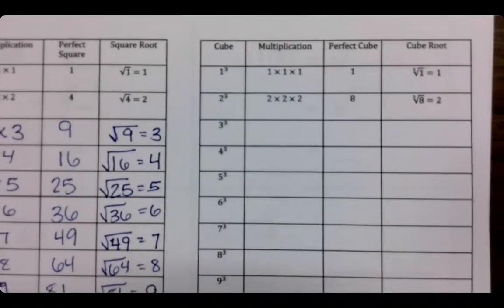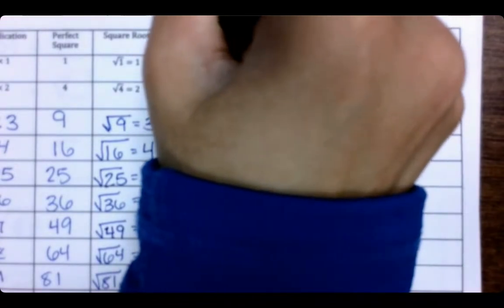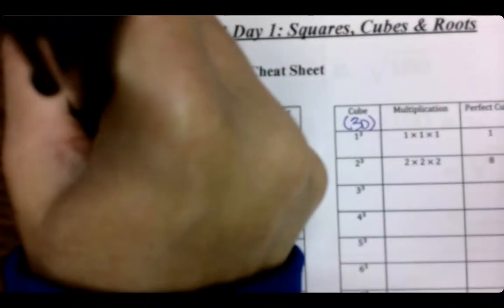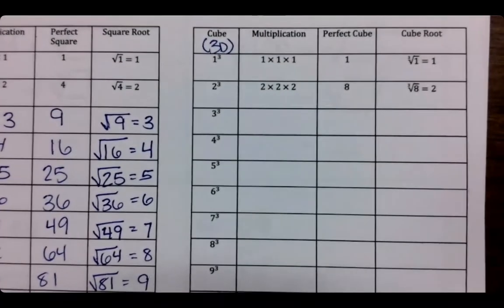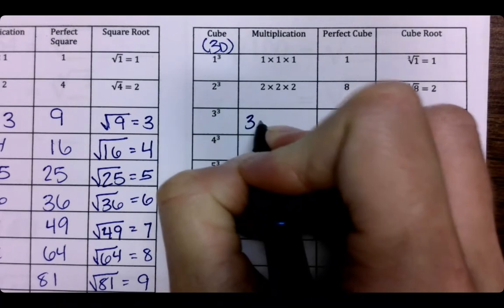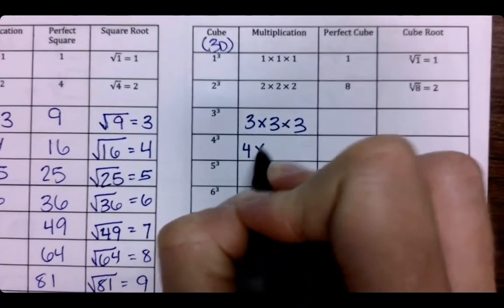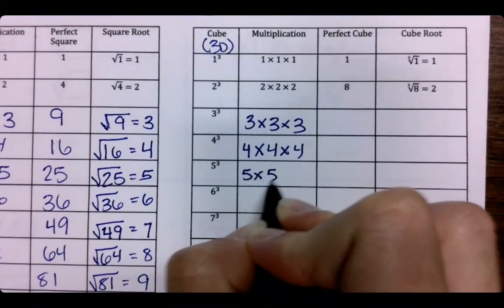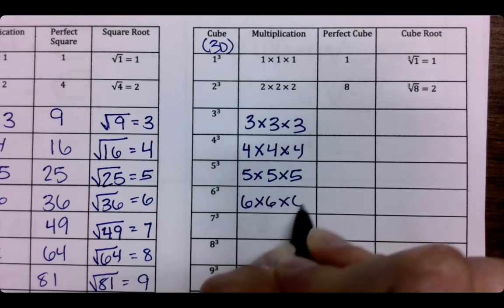Now for our perfect cubes, cubes are going to be 3D. Cubes are 3D, squares are 2D, two-dimensional, three-dimensional. So again, we have the same thing here. We have 3 times 3 times 3. If you want to go through and finalize this whole chart,